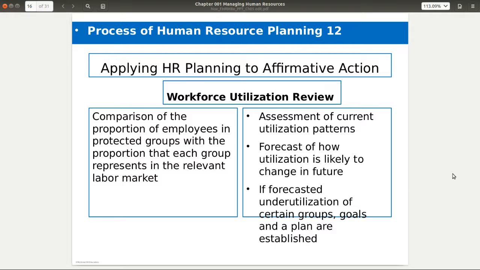Now, when you start thinking about getting those folks, one of the things we have to think about is affirmative action. Affirmative action basically means that you are expanding where you look as far as people are concerned, in some areas where you did not look before, so that you have more balance as far as your workforce is concerned, particularly regarding minorities.